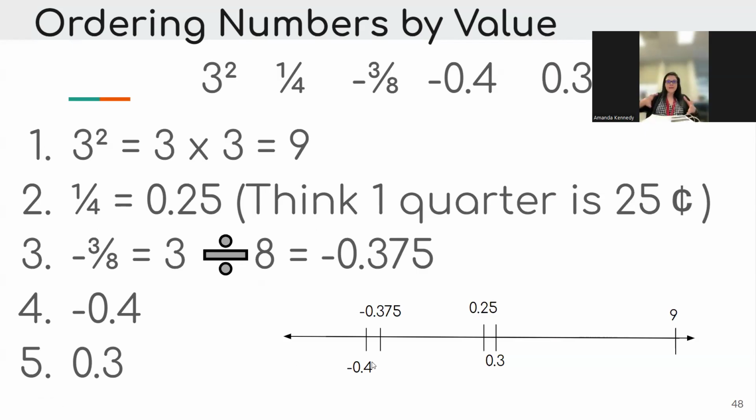Now remember in your bank account, the more money you spend when you're negative, the more negative it gets, okay? So that means -0.4 is further to the left than -0.375, okay? And then the more money we have, the bigger it gets. So 25 cents is going to be before 30 cents. That makes sense, right? And then at the far right, we have $9 because we're thinking of money. Okay. So now that we've done that,